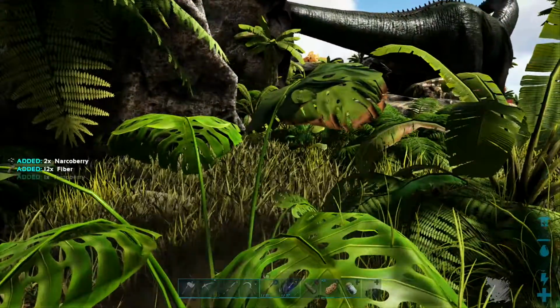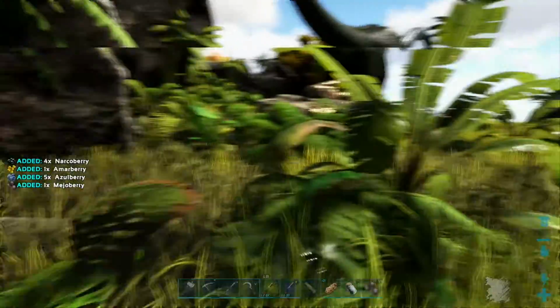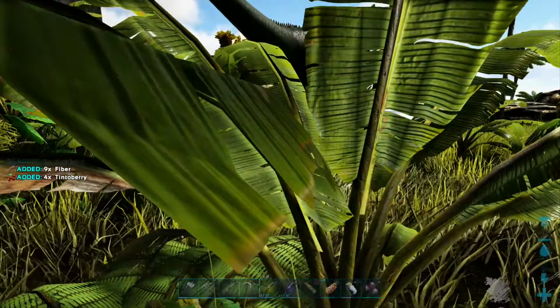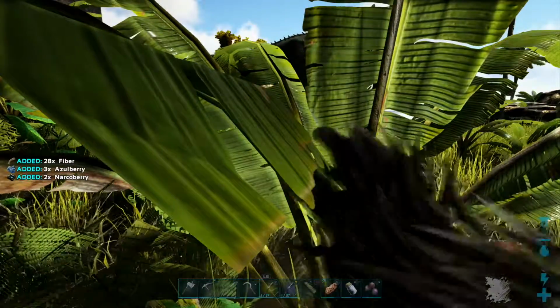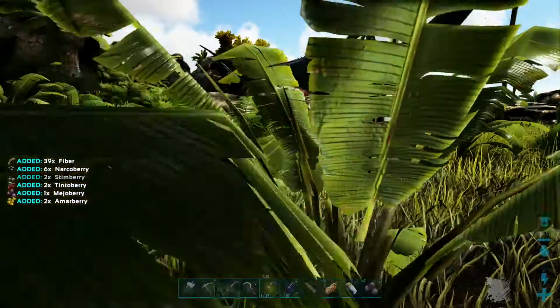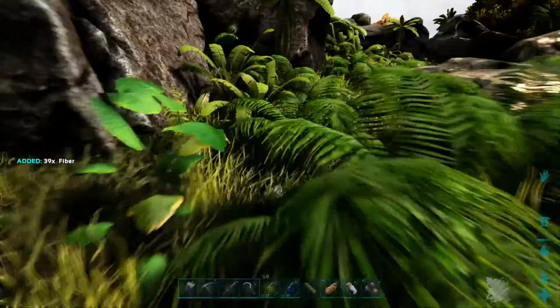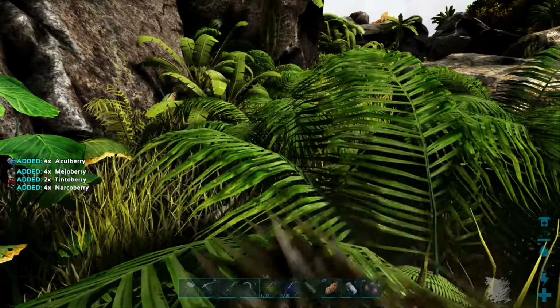So you can get Triceratops here. You can get Stegosauruses here. You can get Ankis here. You can get Brachiosauruses here. I think possibly Diplodocuses spawn here too. Don't quote me on that. I know Brachiosauruses do. Obviously, there's one right here. What else? Parasaurs,